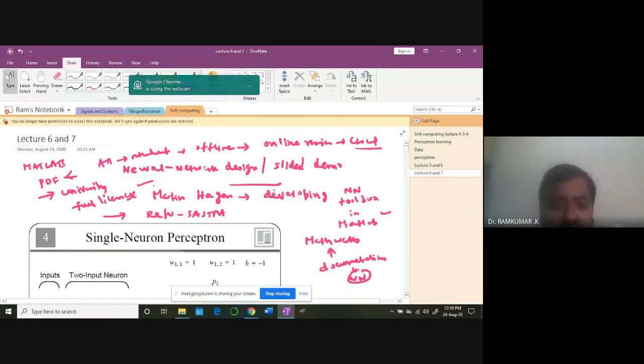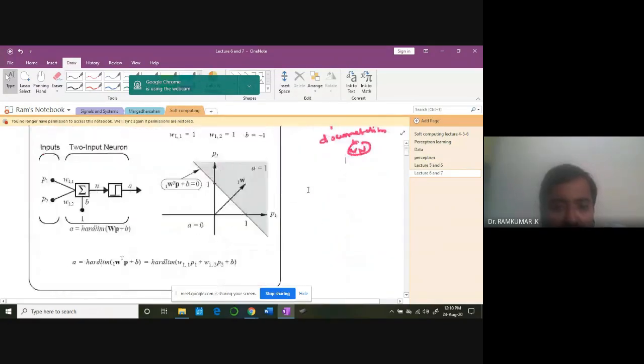Okay, so now let us try to visualize the ideas we learned in the last class again with some more slides. This is the kind of network we are talking about. There are P1, P2 patterns. These are all the weights. Now we are passing it through the hard limiting function. The hard limiter is the threshold, more like a threshold function, I'm calling it.